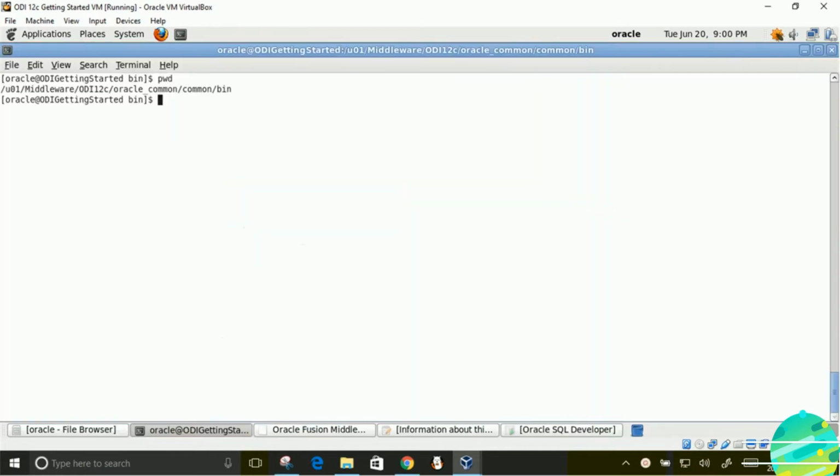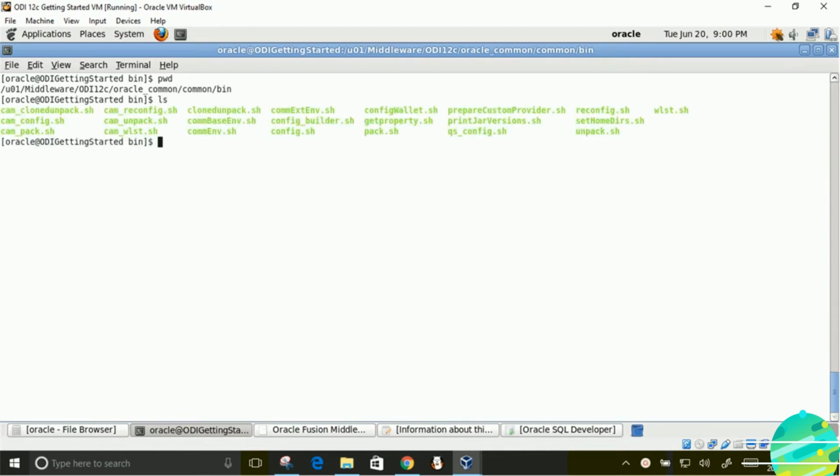Once again, make sure you are in the correct directory and then run this command ./config.sh and wait for configuration wizard to open. It might take few minutes, so have patience. Here it comes.